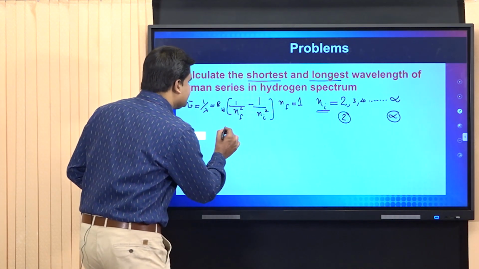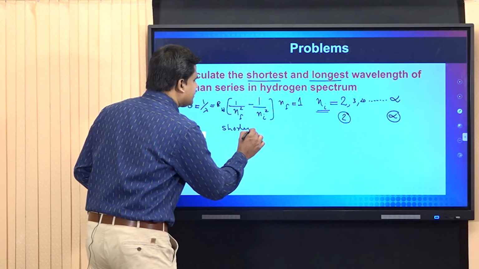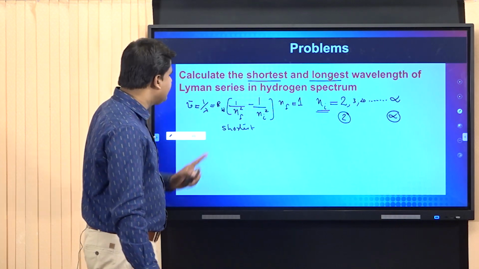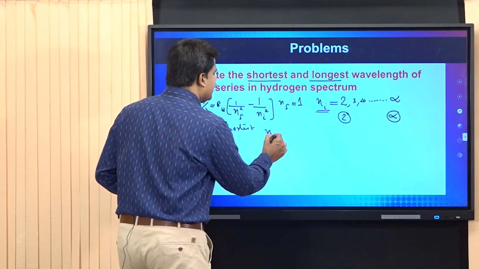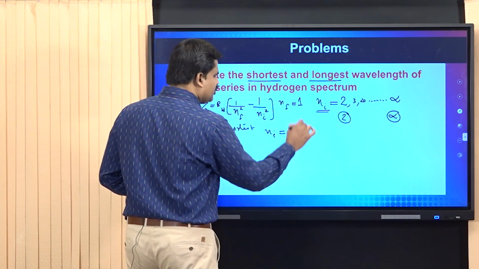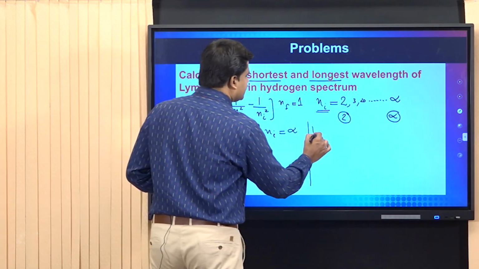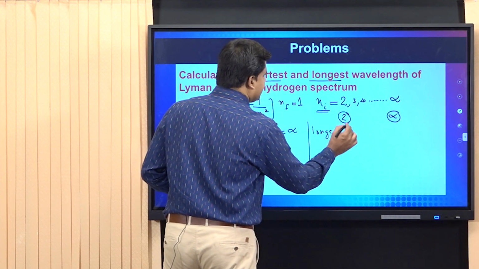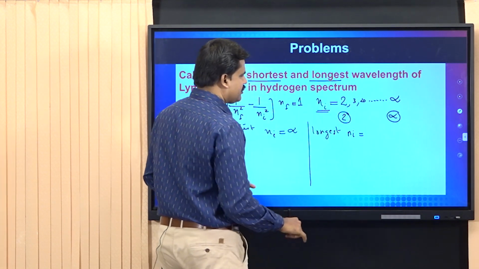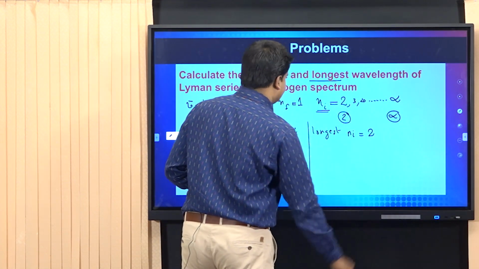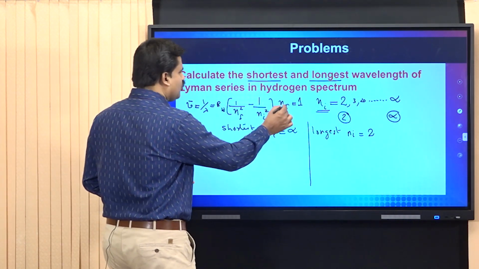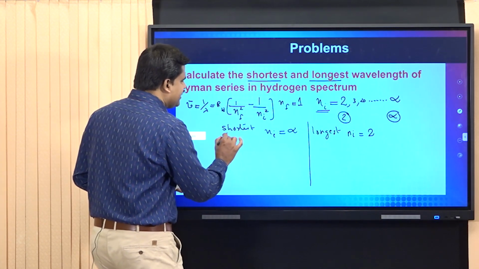In order to get the shortest wavelength, we have to use Ni as infinity. And to get the longest wavelength, take Ni as its minimum number. That is, Ni should be 2. By putting the value of Ni as infinity and Nf as 1, by using this equation, we can calculate the